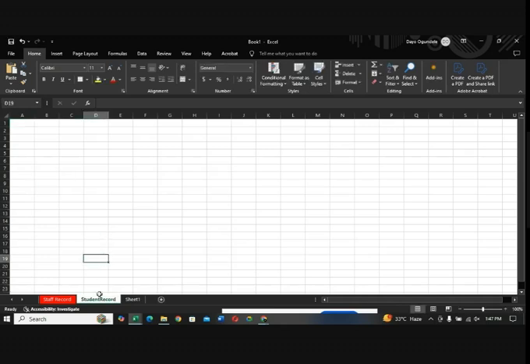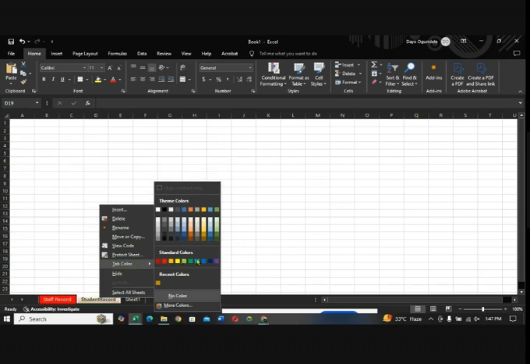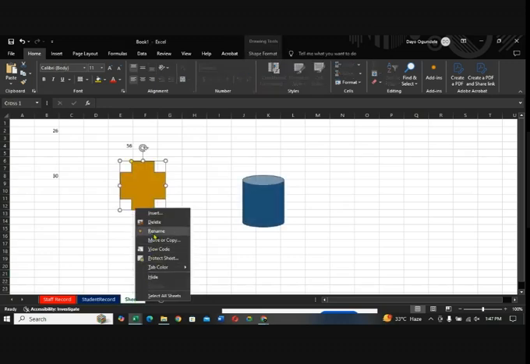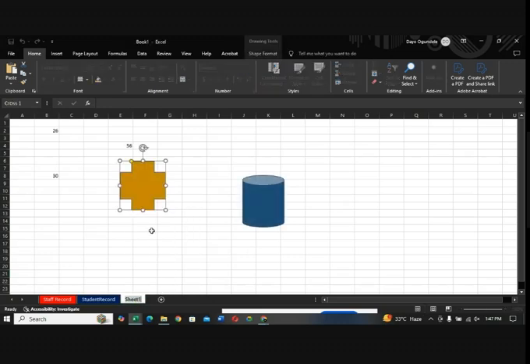I can apply this, then apply my font color. Let me make this blue. Then click on this one. I can also rename it and say